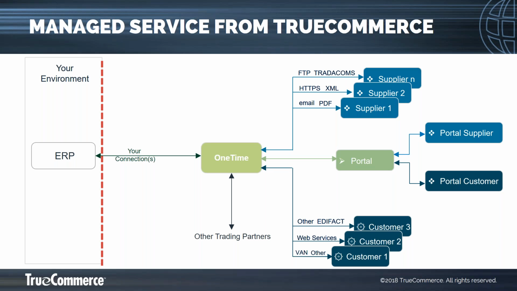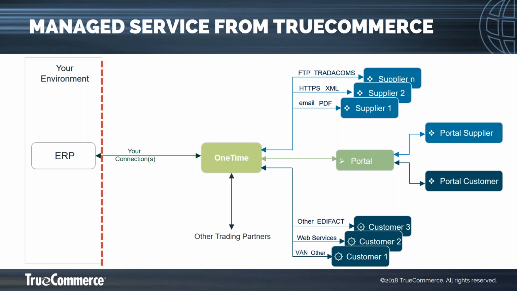So OneTime will convert any message format to any message format. OneTime handles all the necessary data translation, for example, converting item codes that suppliers use into those used by their customers. OneTime will also provide message validation. So for example, invoices can be validated to ensure that they refer to an existing purchase order, whilst incoming purchase orders can be checked for things like correct ship to locations and item codes.